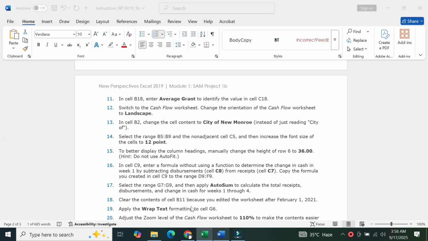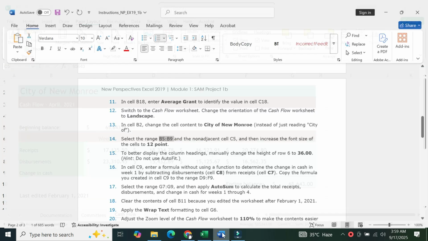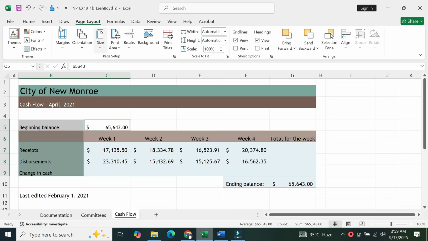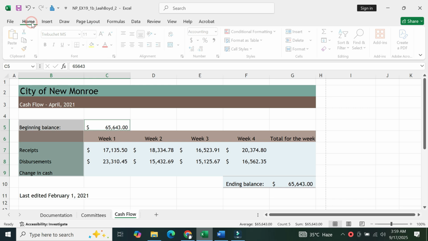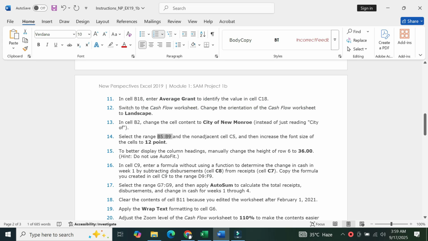So press Control and click on the C5. This is C5. We need to increase the size to 12 point. Okay, done.